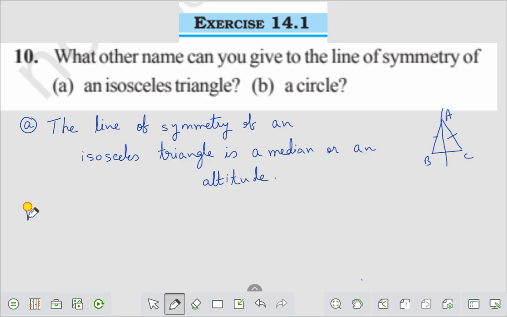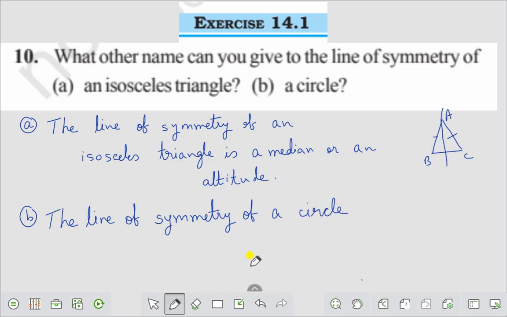right? And question number B, what other name will give the line of symmetry of a circle? The line of symmetry of a circle is a diameter, you can say it as diameter,